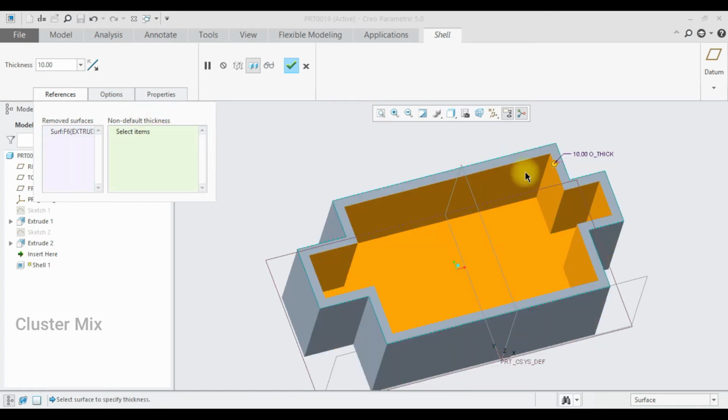So currently in my model it has a uniform thickness of about 10. If I want to vary my thickness to a particular surface, select the non-default thickness in the reference tab or else right click on the graphics area and then select the non-default thickness. I want to vary the thickness on this surface, so just select this surface and now you see that I